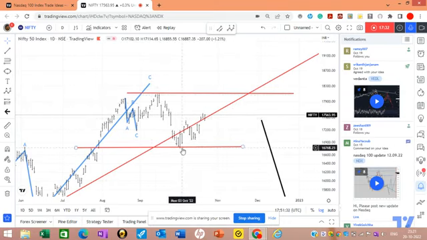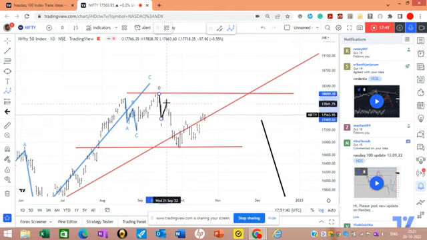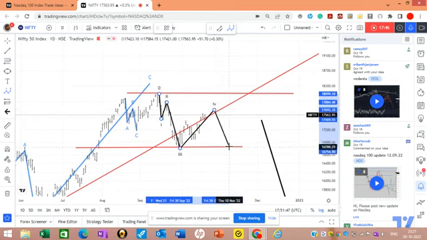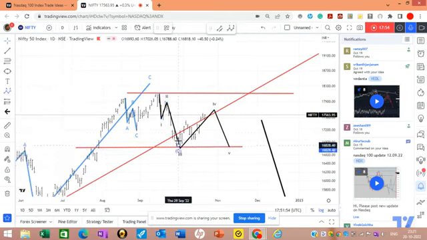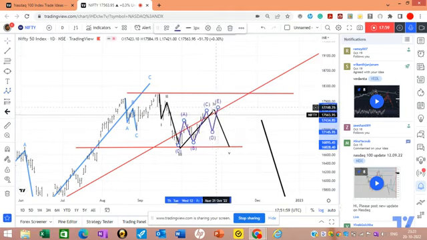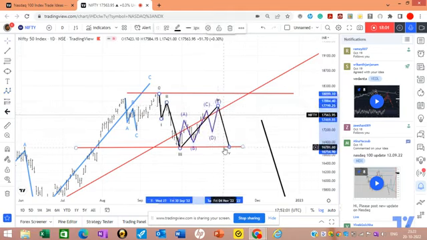Whether this is a first wave decline or a fourth wave correction doesn't matter. In both the cases, we are in for a 5 wave impulsive wave. So this will happen. One, 2, 3, 4, and 5. And this is a triangle wave, A, B, C, D, and E. This much will happen, and we will have Nifty coming down to 16,788.